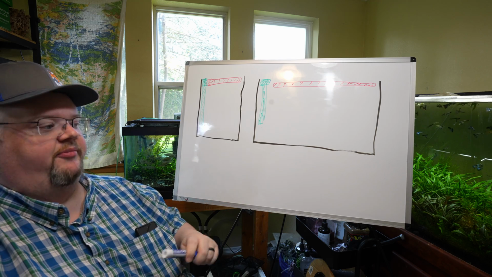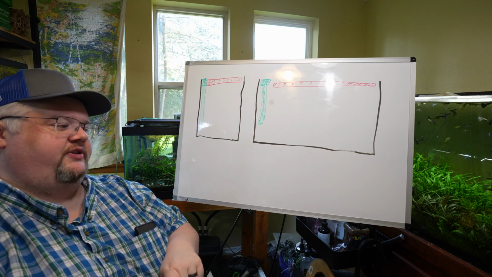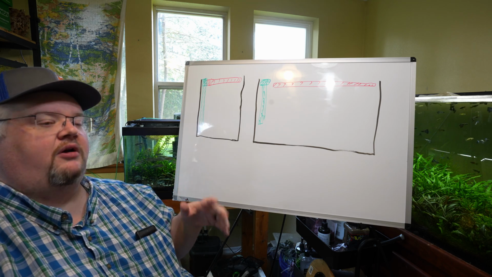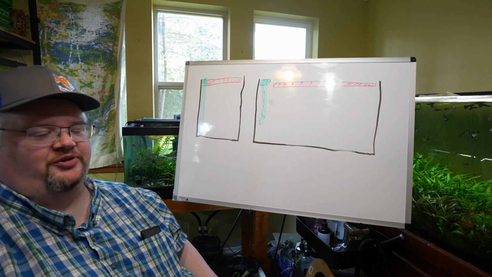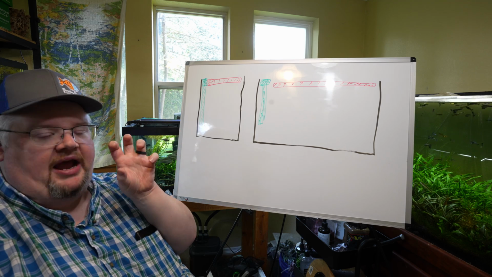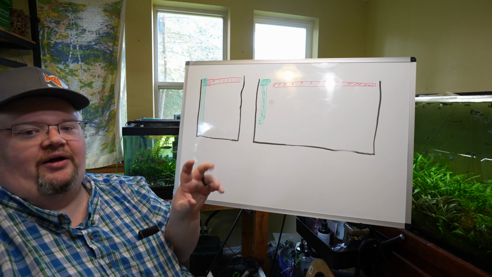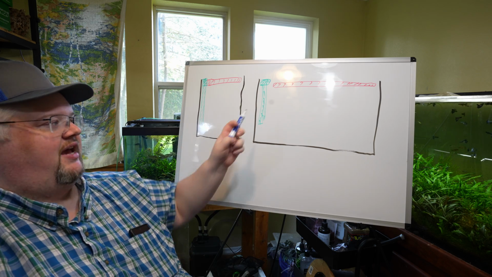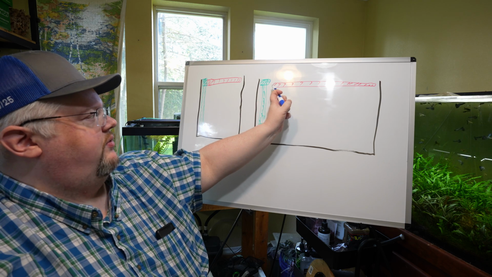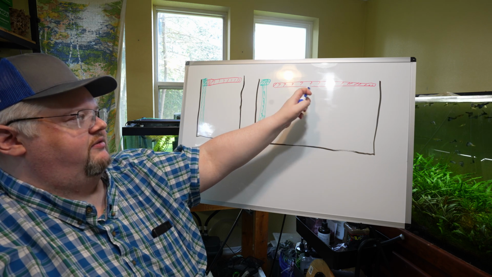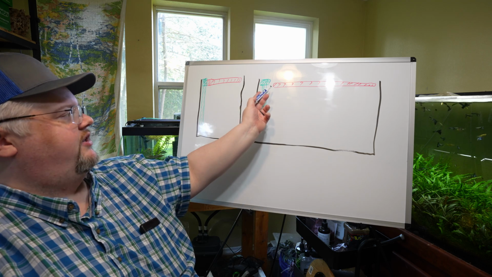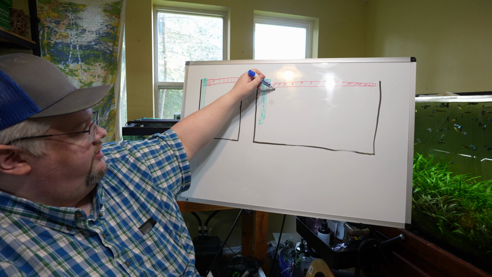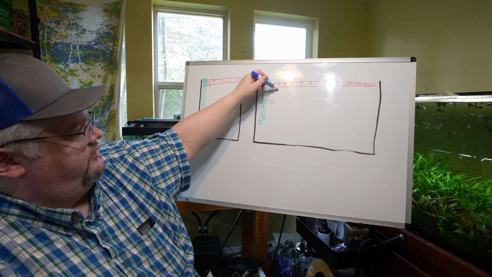Let's talk over here. The big thing about a spray bar is it's going to disperse the overall oomph of your canister filter, right? Because if you think about those outlets, they put a fairly powerful jet of water out, which can be amazing depending on what you're trying to do. But in this case, you have tons of little holes throughout here, right? Let's say each of these slashes is a hole. And what it does is it fires a much more narrow stream of water so that you have water coming out